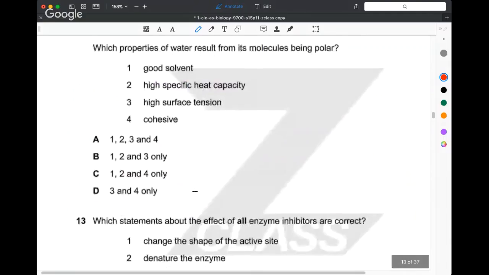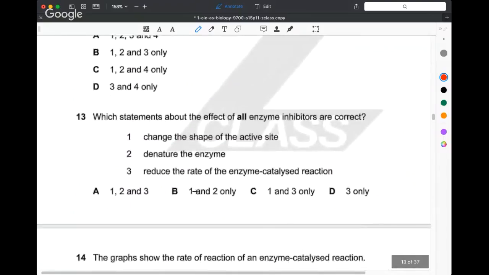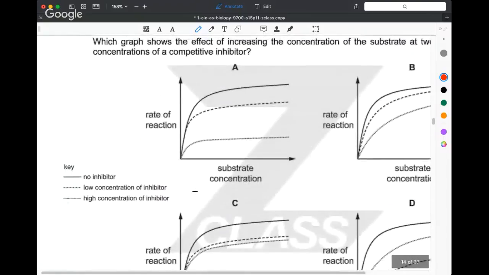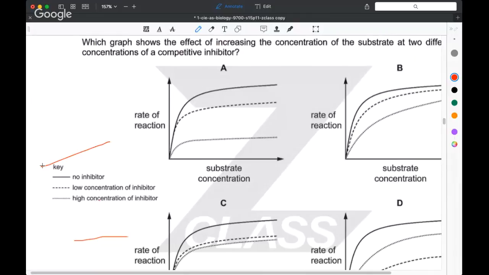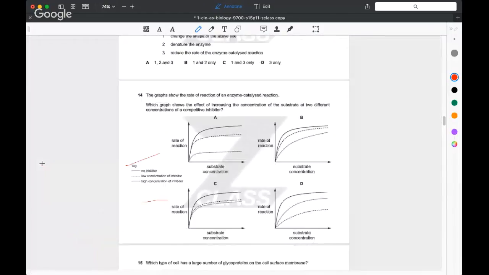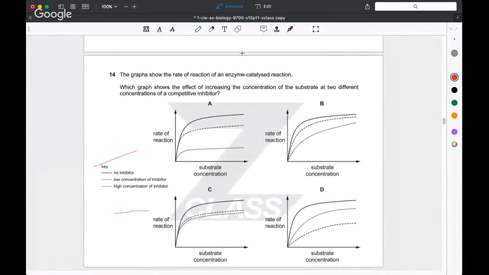Okay, good. So next question that the examiner flagged up for students was this one here. Maybe I can just try and make that a bit smaller so we get everything on one page. Okay, good. All right. So this is a question about enzyme catalysis, and we're looking at a competitive inhibitor. All right. Now,